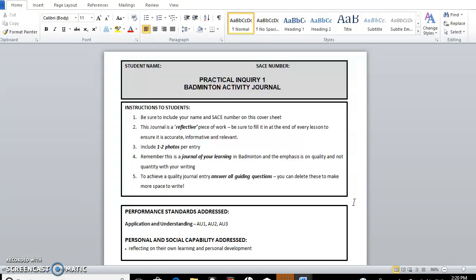It's really important that you do these journals probably on the same day. Worst case scenario, the day after the lesson. The longer you leave it, the quality of your journal entry is going to be less. I am asking for photos. We will be putting more of those in S Drive, but obviously we've spoken about your mobile phone use. So 1 to 2 journals. SACE love to see that visual of you actually doing something in those practicals, because it's more evidence of what